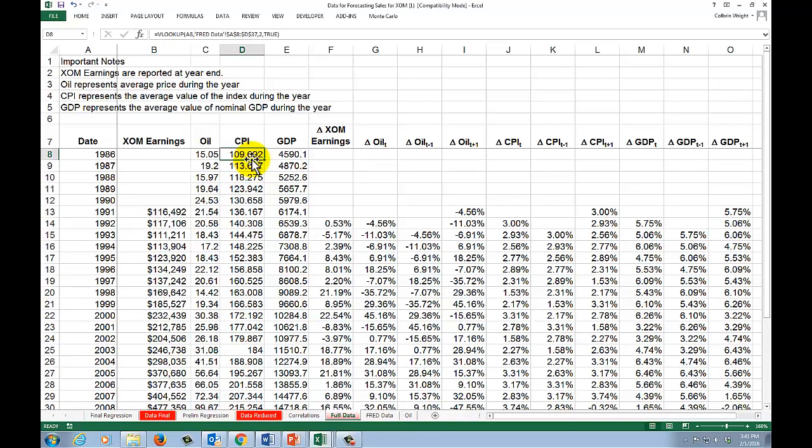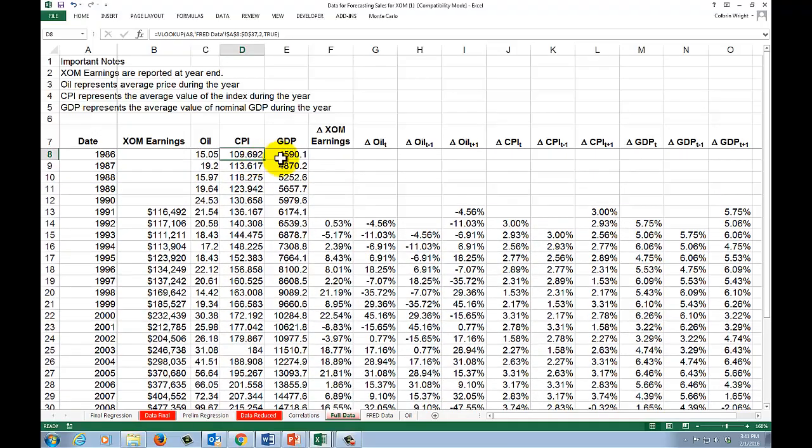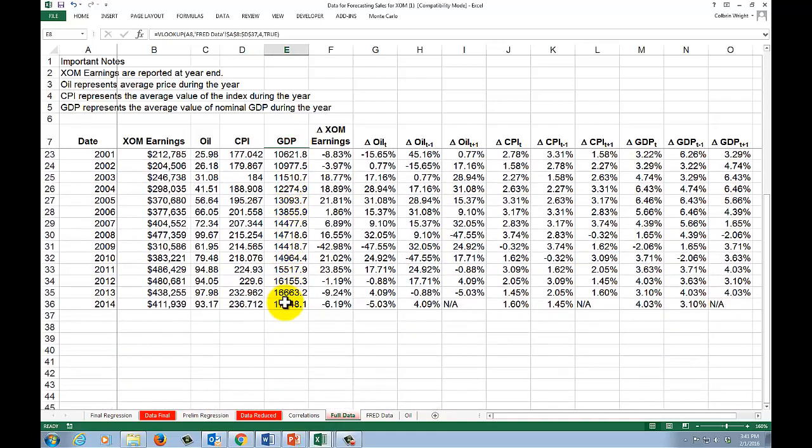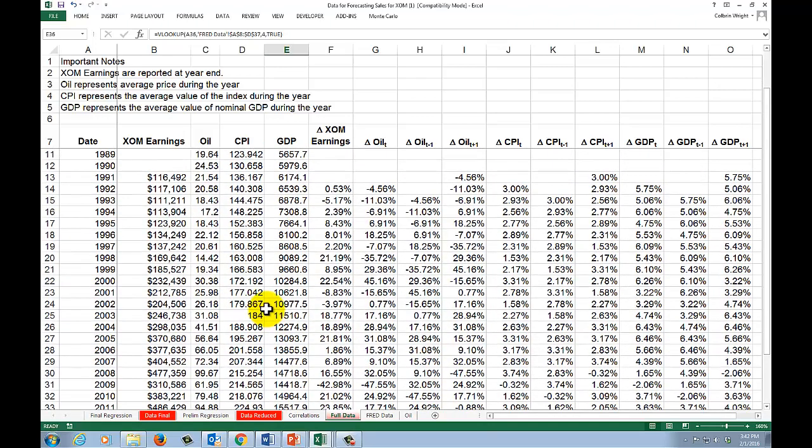I've grabbed CPI data. This is to tell me what's going on with inflation. I've grabbed GDP data. You can see that in 1986 GDP was 4.5 trillion and the most recent reading in 2014 was 17.3 trillion. What I really want to do though is figure out what's my guess for the growth